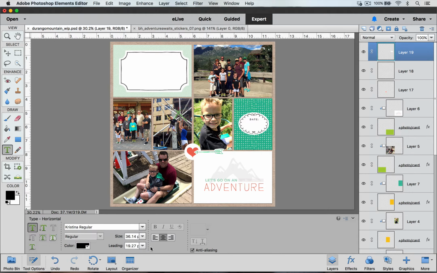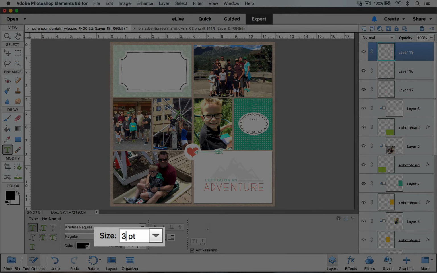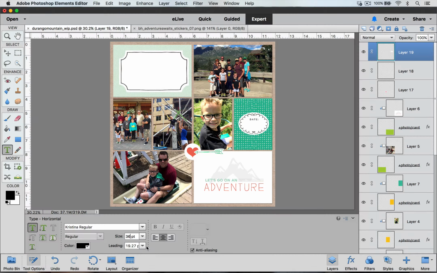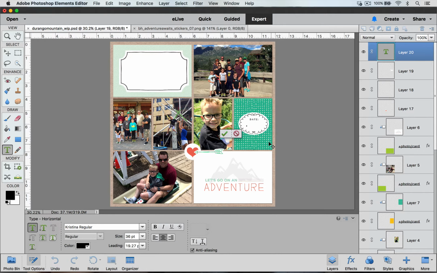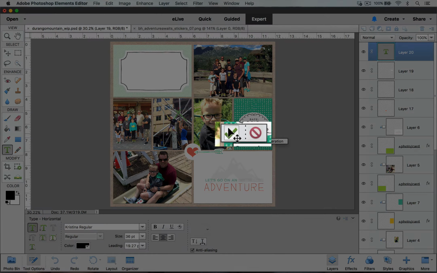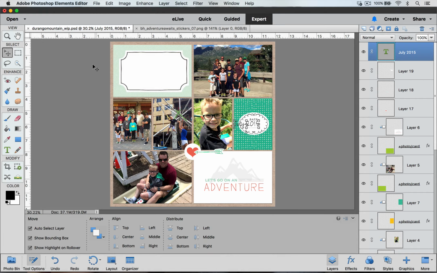My size I want to be about 36, so I can type in 36. And the leading we don't need to worry about because we're only going to do a single line of text here. Now we're going to create a cursor by clicking down, and I'm going to type the month and the year, and when I'm happy with that, I'm going to click on the check mark to commit. Now I can use my move tool to move my date into place,